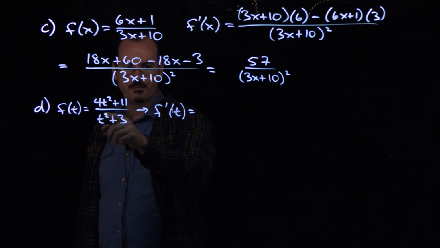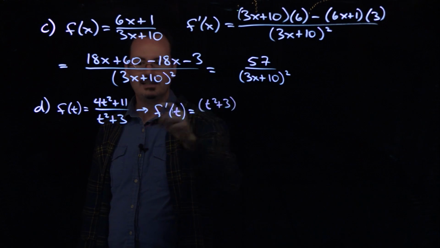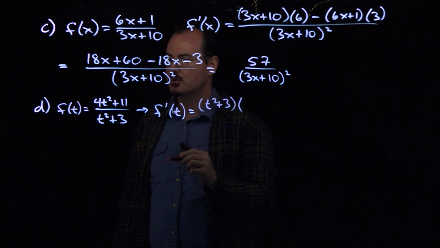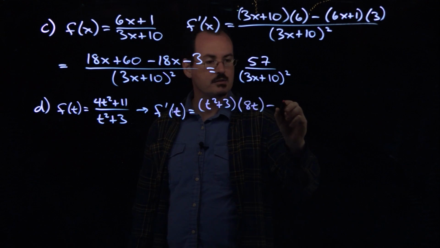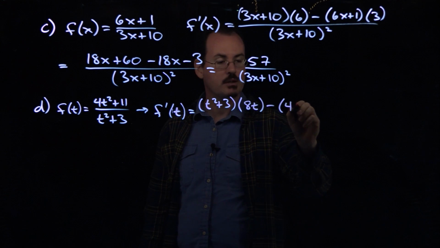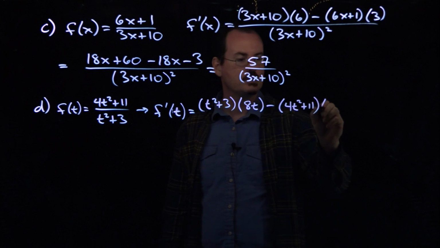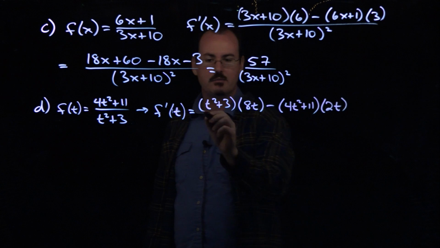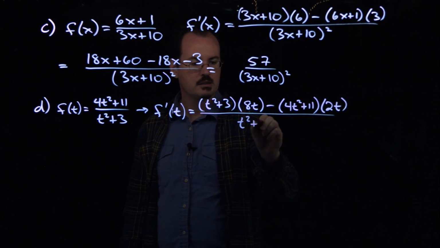Low d high, so low function, t squared plus 3. D high, derivative of the top function, power rule, 8t minus high function times d low, so 4t squared plus 11. D low, 2t divided by